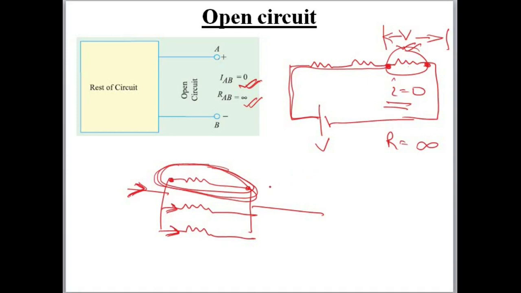That's why in household circuits we connect all the equipment in parallel. If any bulb is fused, then also our fan or other lighting equipment will work. Only the bulb which is fused will not work. Other equipment will keep on working. So that is why we connect all our household equipment in parallel.